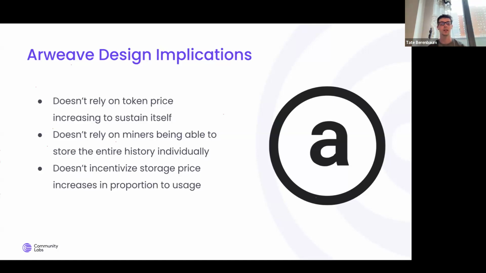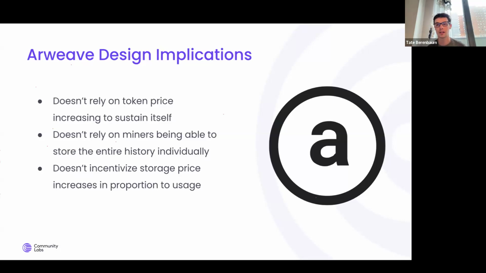The other reason that this is good, to point back to the point I was making earlier, is that you don't want moral incentives to underweigh against economic incentives. Essentially, anyone can upload anything to Arweave, but is that actually a good thing? What happens in the case where someone uploads some type of content that you really don't want being stored in the network? For instance, like child pornography, something illegal. The cool thing about this mechanism is that nodes actually have a greater incentive to abide by the laws of the jurisdiction that they're operating from than they do to store data on Arweave in exchange for a reward.